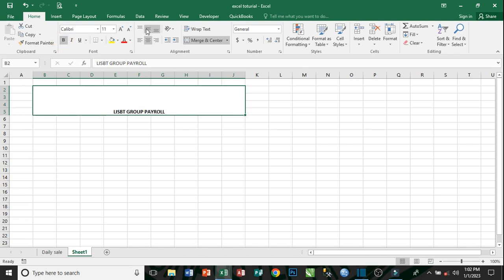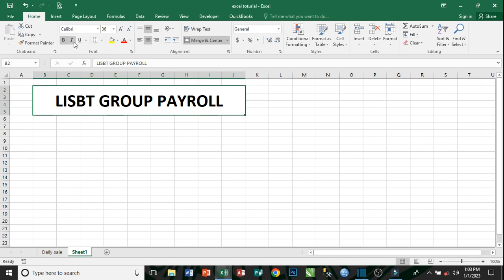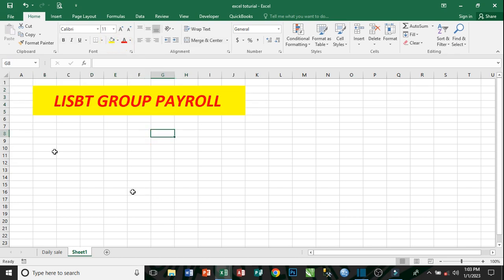You can bold it and bring it to the center. You can also increase the size, and yeah, it's all right. You can add a background, you can use that if you want. Okay, now